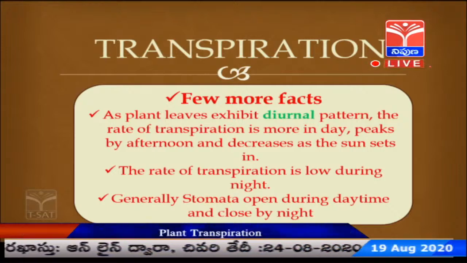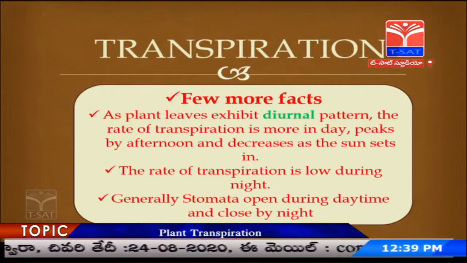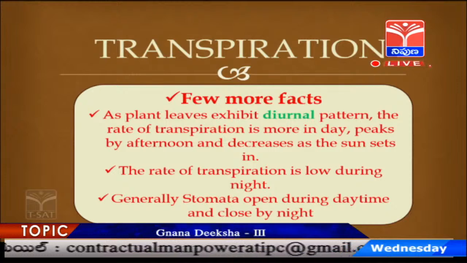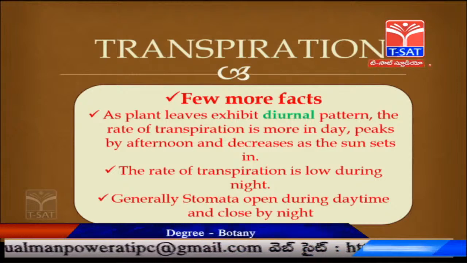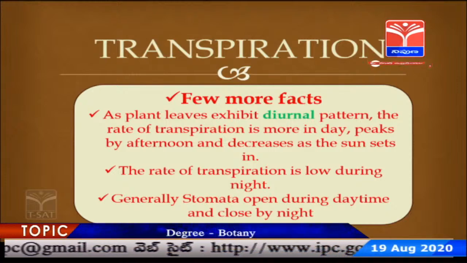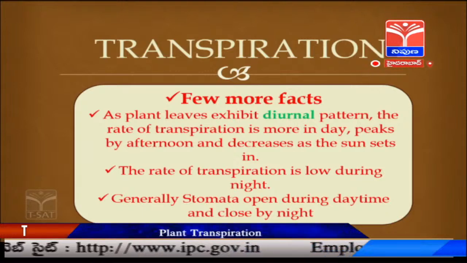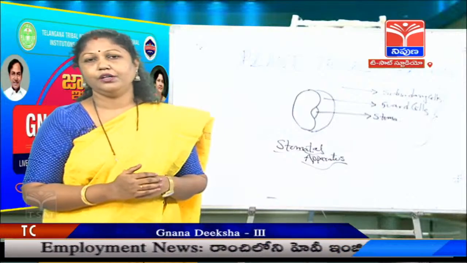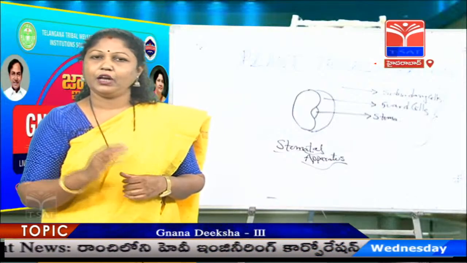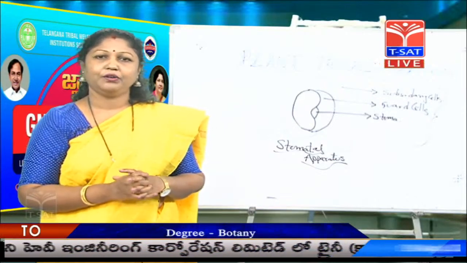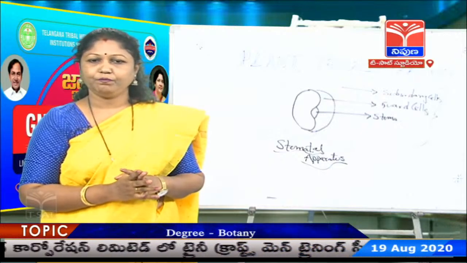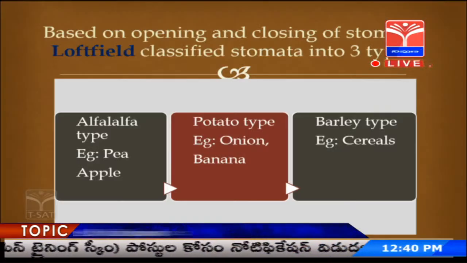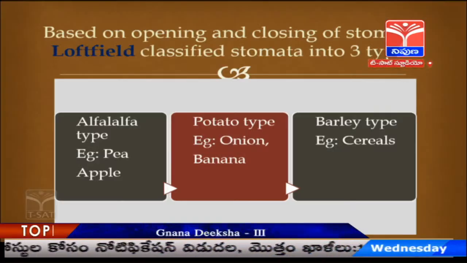Okay. So, what we find is that in early mornings the rate of transpiration is quite low, but as it approaches afternoon, that is mid afternoon, the rate of transpiration gradually increases, and after early evenings we find that there is a constant decrease in the rate of transpiration, and by night the transpiration rate is quite low. So, that is the inference. Now, let us move on. Further we will elaborate depending upon the nature